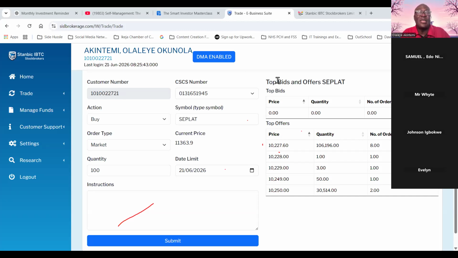Okay, so we're looking at Seplat now, and the current market price of Seplat is 11,363 naira 90 kobo. And somebody is offering it for 10,227 naira 60 kobo. Again, why would you buy Seplat at 11,363 naira when somebody is offering it for 10,227 naira 60 kobo? Many people don't understand that they should be buying their stocks using